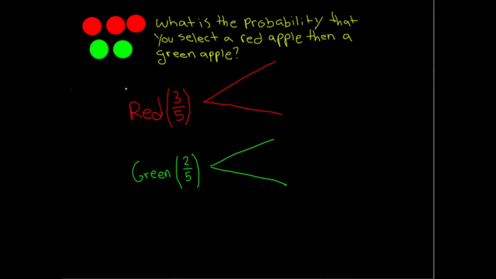So our question here is, what is the probability that you select a red apple, then a green apple? And we're going to assume this is without replacement. So we have 3 red apples, 2 green apples. That's a total of